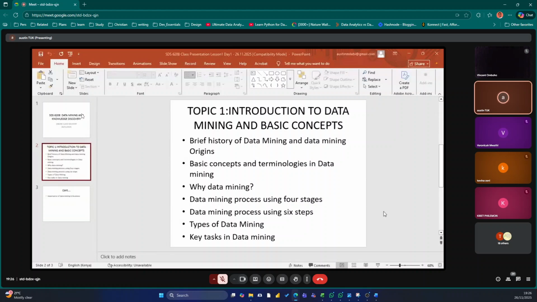Another terminology still under data warehouse is metadata. In most data warehouses, you cannot miss metadata. It must be there because it is information that describes the information that exists in a data warehouse.